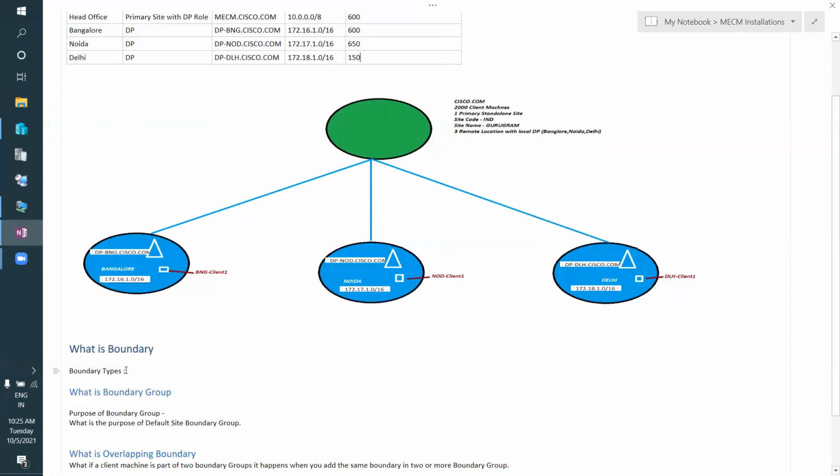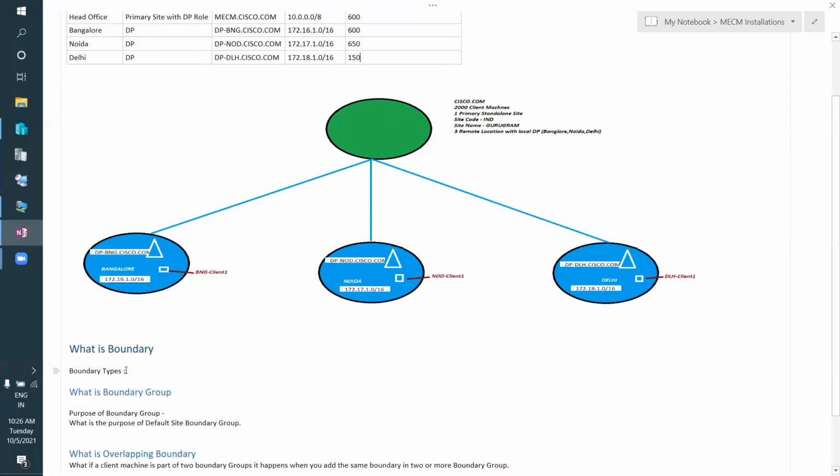If a device does not come under your configured boundary, it means your SCCM cannot manage that machine. Manage means first SCCM installs the SCCM client agent there, and then it manages that machine.